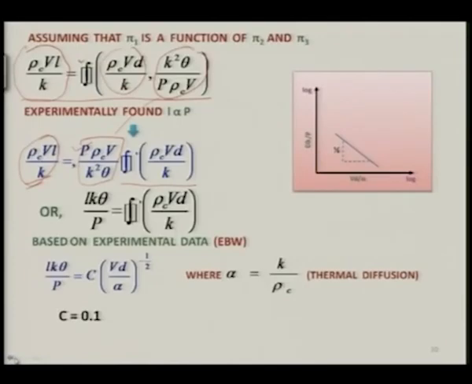This way they are able to find the slope of this particular curve, and finally they are able to find out the actual relationship